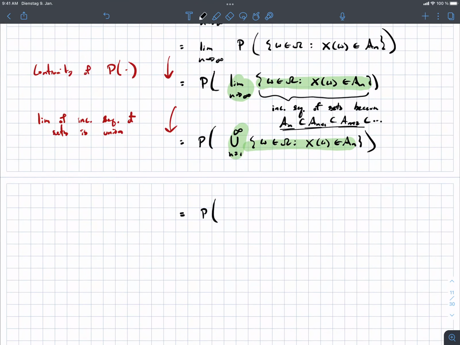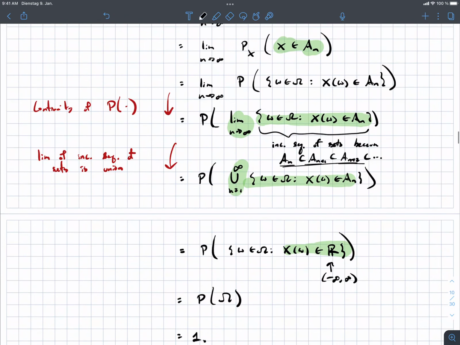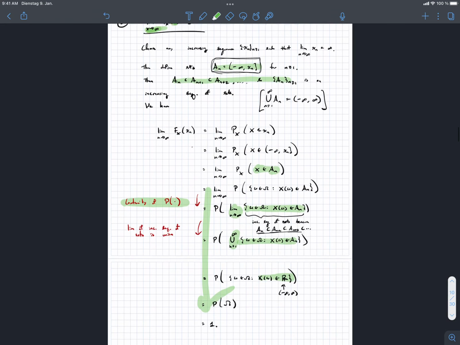And so what I have in the end is just sample points such that I get a real valued x. So this is minus infinity to infinity, which is really the entire sample space, because x is always a real number. And so I get 1. Okay, so we can use basically the idea of continuity of the probability function to get here when we make